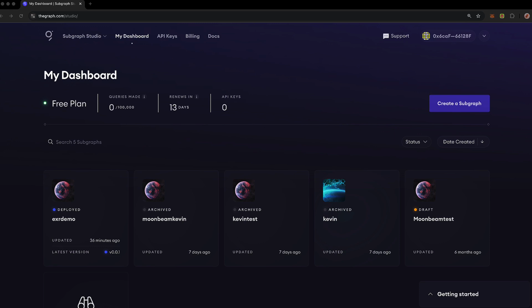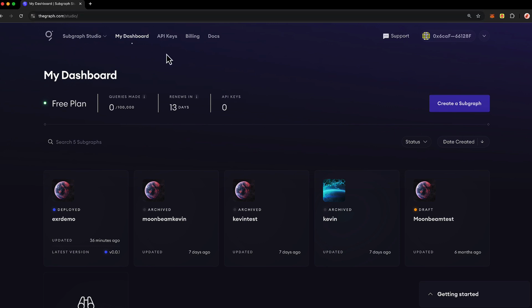So today we're going to take you from 0 to 60. We're going to deploy a subgraph. We're going to index a smart contract, and we're going to talk about what The Graph does and why you might be interested in creating your own subgraph. The first thing that we'll do is actually set up our subgraph on